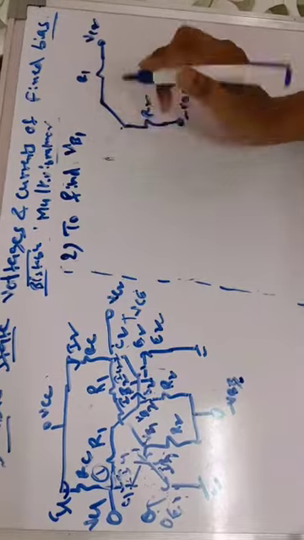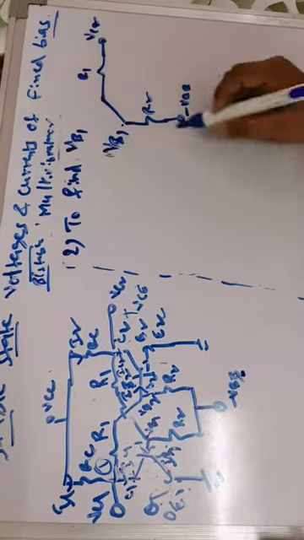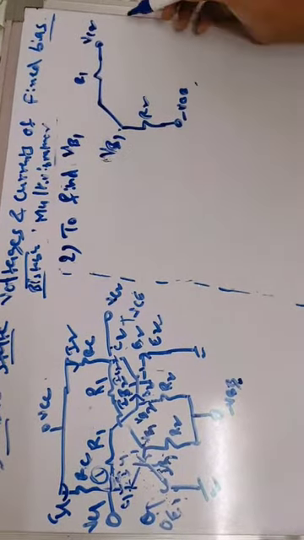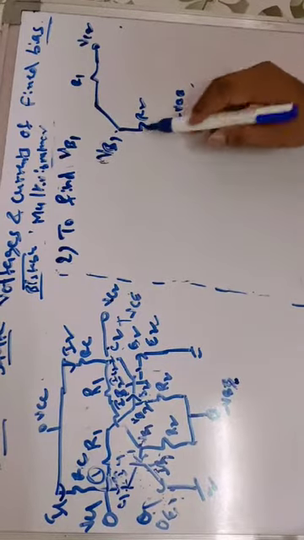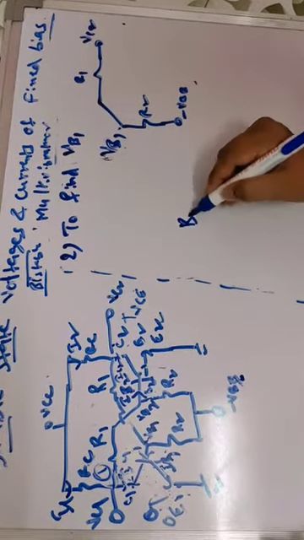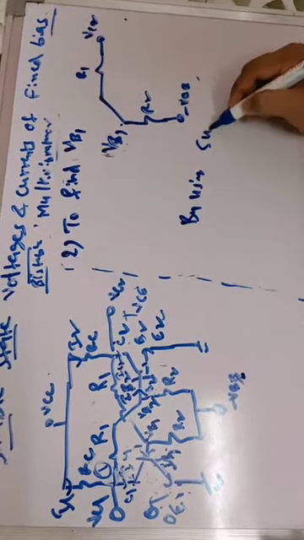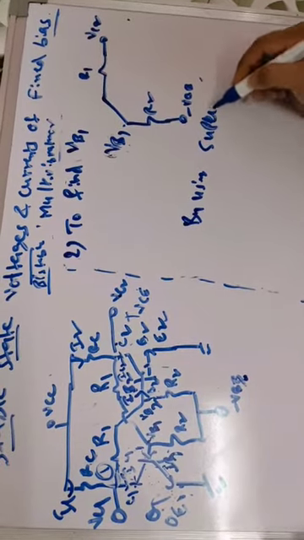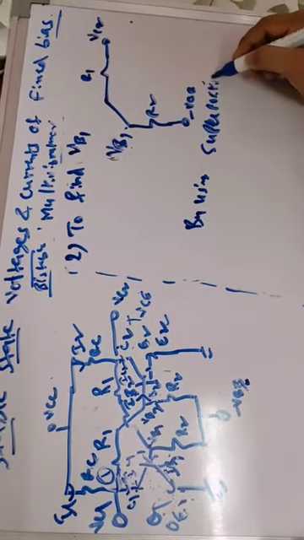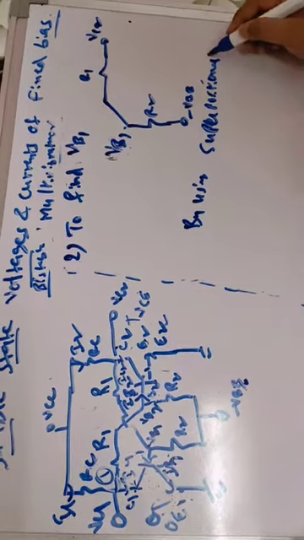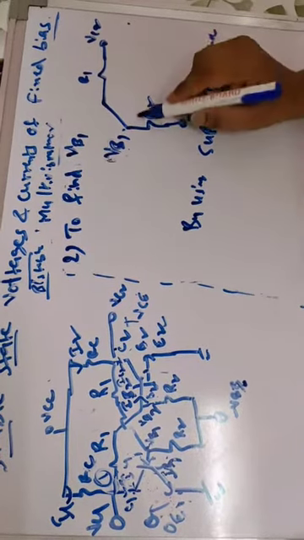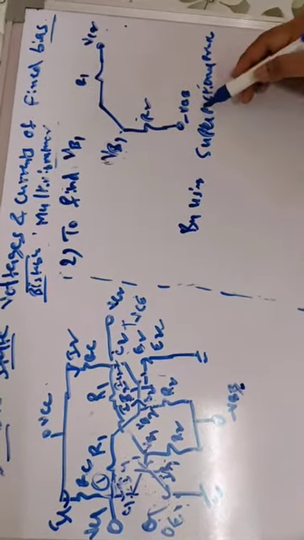So the potential at this point is VB1. This potential is due to minus VBB and VC2. How to get this potential is by using the superposition principle. What is the superposition principle? The voltage at a particular point is always equal to the sum of individual voltages, taking one source at a time and nullifying the effect of the other sources.